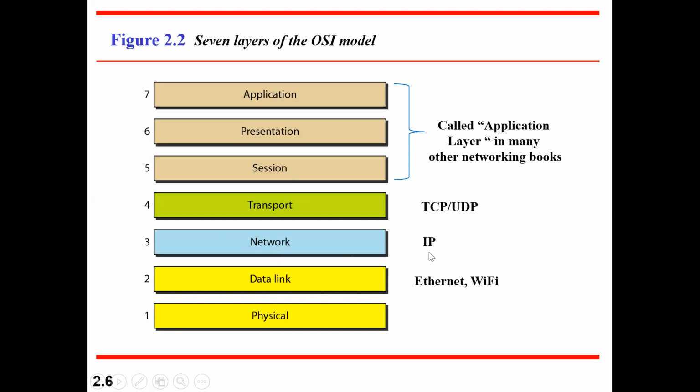Next one is your network layer. The network layer is mainly concentrated on your routing purpose. It has its own routing table. So each particular entry says which is the source, which is the destination, where it needs to go, and which is the next nearest node. If I pass to that particular node, can I reach the destination? All the calculations and everything necessary for routing will be done.